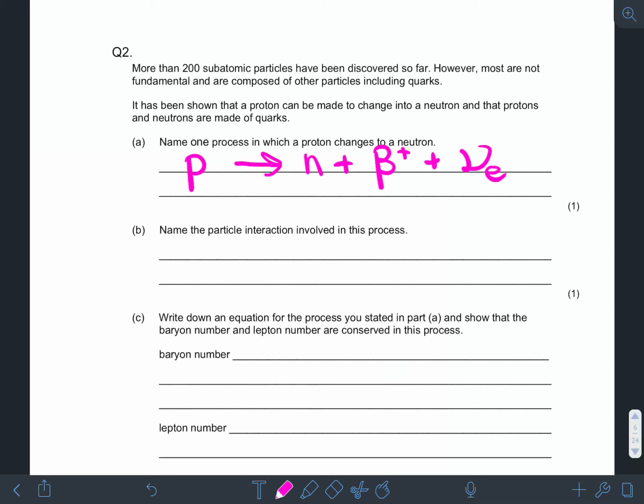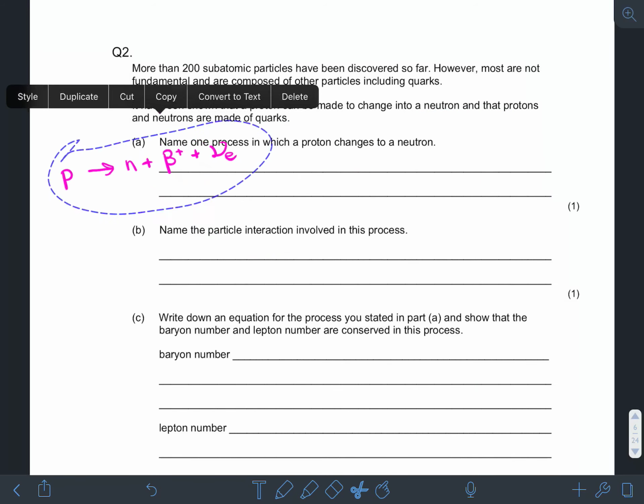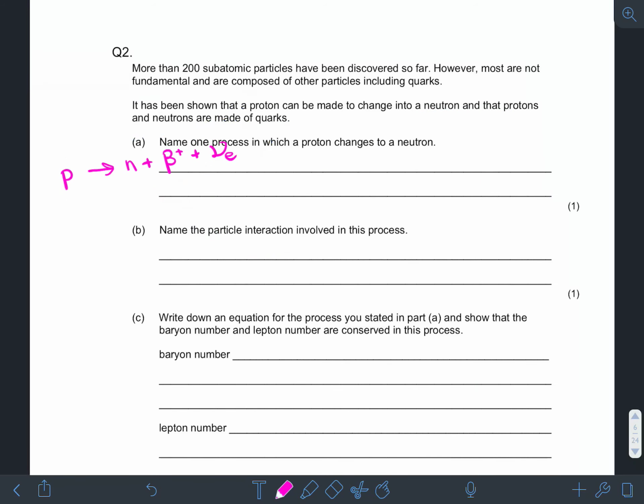Okay, now it's not actually asked us for that. We just have to name it, and we would name it as beta plus decay. Okay, another one that you could have here is electron capture,